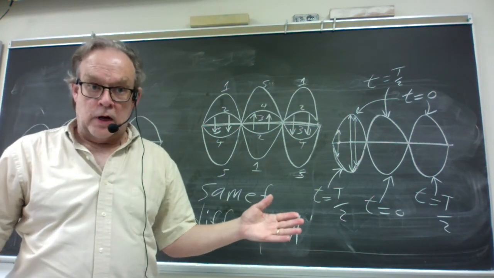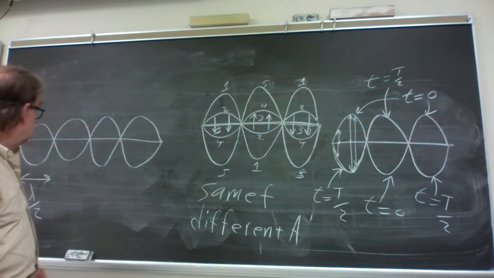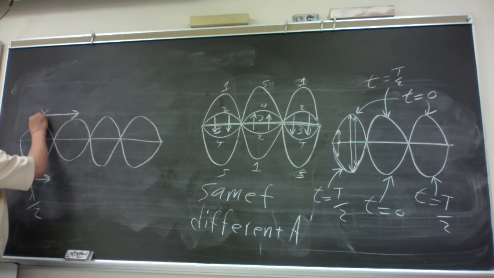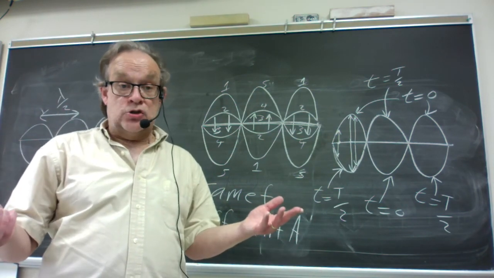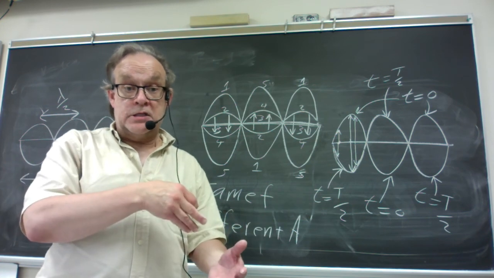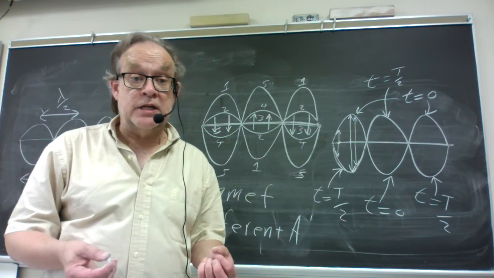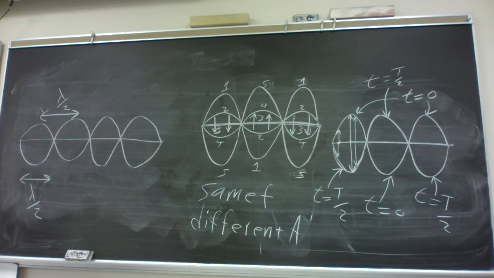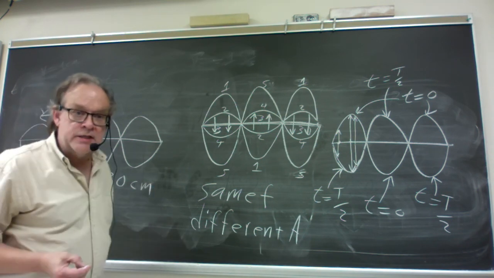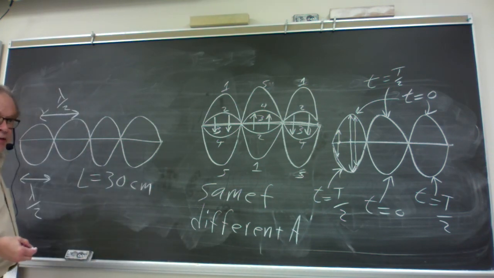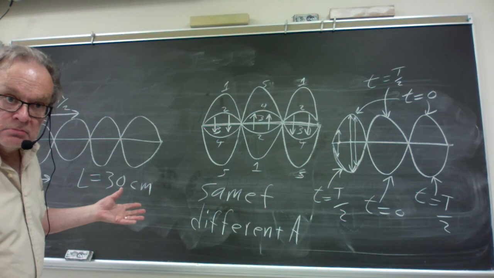The wavelength of the traveling waves that superposed to cause the standing wave. Distance between nodes is half a wavelength, or equivalently, distance between antinodes is half a wavelength. And you can use that to actually compare different wavelengths on different strings, setting up different standing waves. For example, let's say the whole length of this string is 30 centimeters. Well, within that string length, you've got 1, 2, 3, 4 half wavelengths, because node to node is